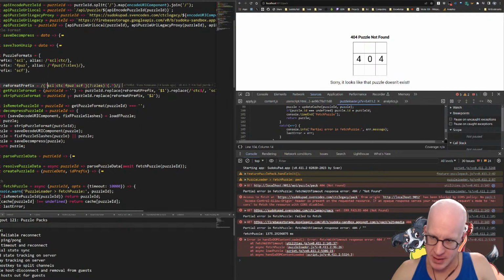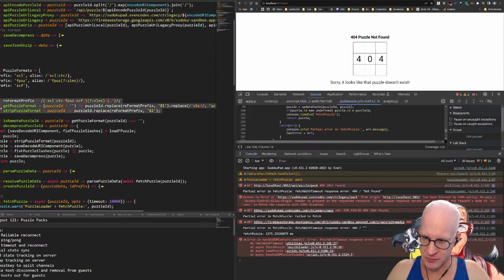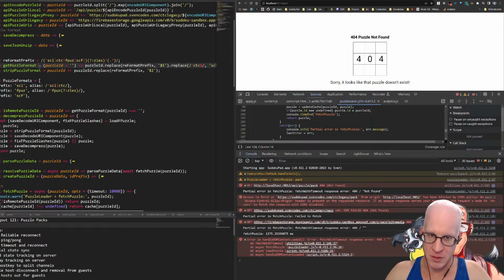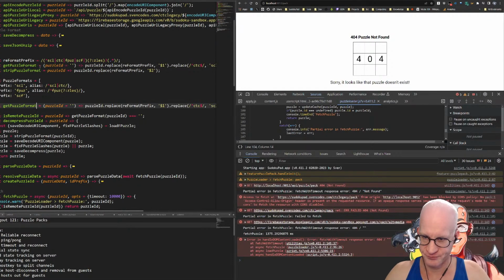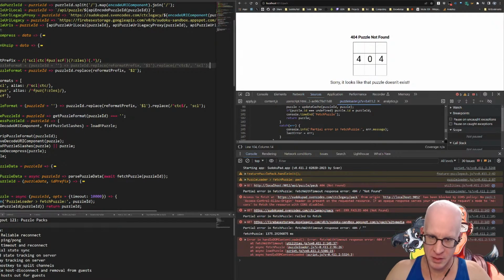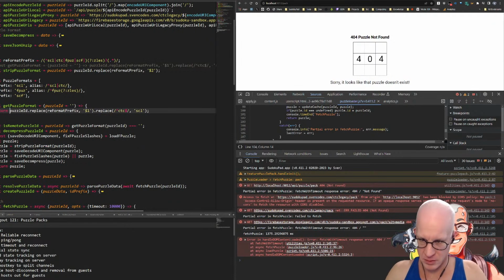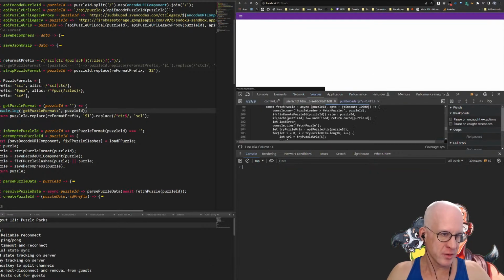So then the second step is to take these existing functions and create versions of them that report what's happening. Right? So we'll take something like this. We'll do get puzzle format. We're gonna do this. And then here, we're just gonna do that. We'll leave the old code in place. And then we'll just say get puzzle format ID. I'll just do that. Right? And if I refresh that,